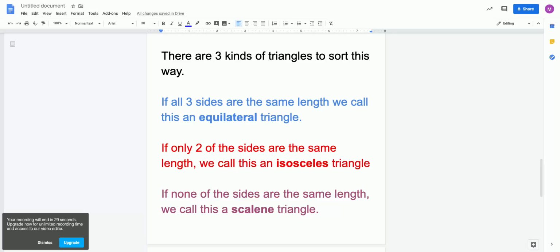Pause the video and see if you can identify if these are all three the same or if they're all three different. I see this looks like a right triangle. So I'm going to put an R here. But I'm going to say all three sides are different length. So I'm going to call it a scalene. I don't see any right triangle here. They're all smaller